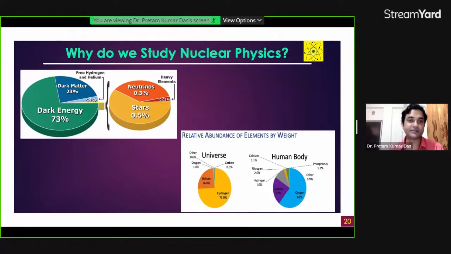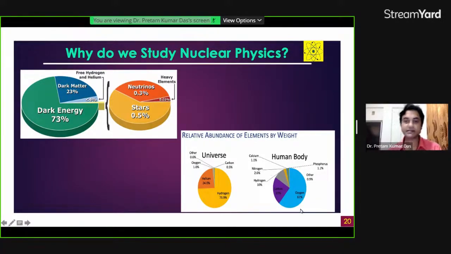Inside the 4%, mostly free hydrogen and helium, and a very small percentage is stars, neutrinos are 0.3%, and heavy elements are very few, 0.03%. You can see almost 24% helium, 73.9% hydrogen,